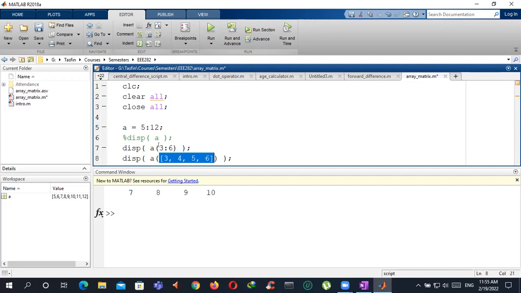Right? The colon operator actually helps us to define an array. So here we are getting